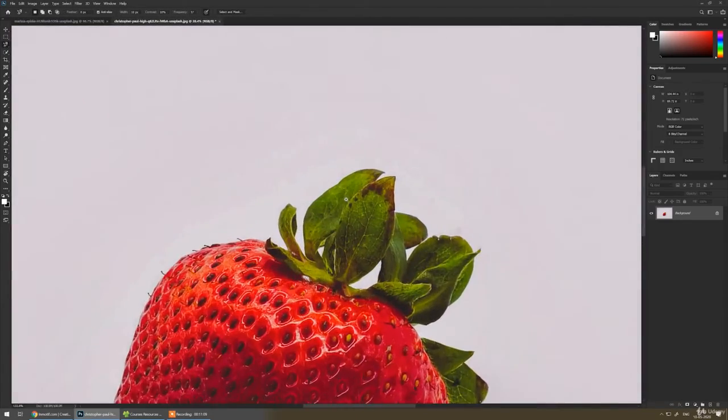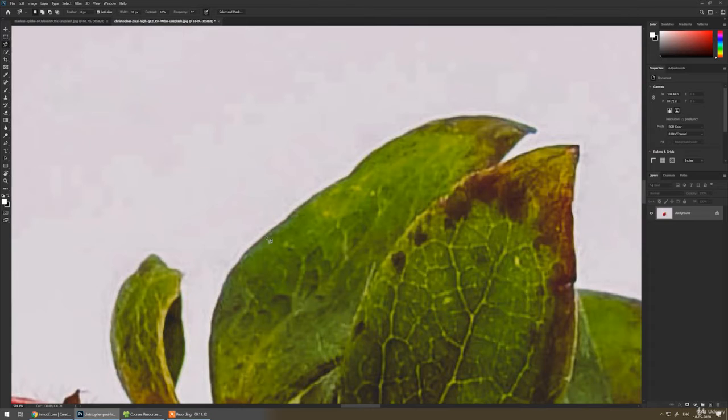Next we have the magnetic lasso tool. This tool will help us create a magnetic path around our object. We will click and create a node, and it will automatically create some nodes around our object. Sometimes it won't work properly, so we can always press Backspace and create a node on our own and give this tool some direction to move forward. That's how it will create a selection. So we have our new selection by the magnetic lasso tool.